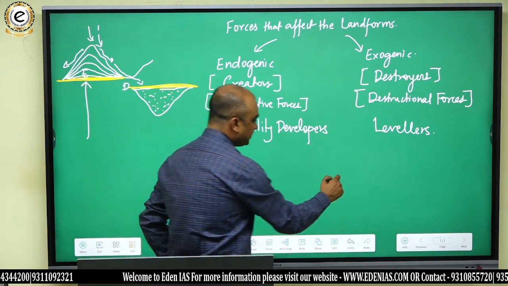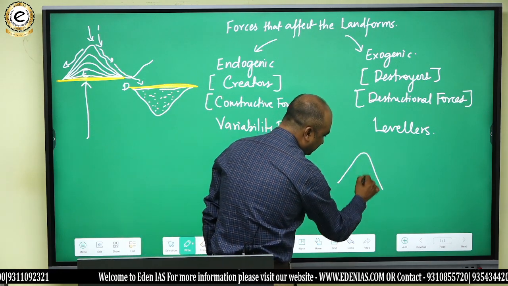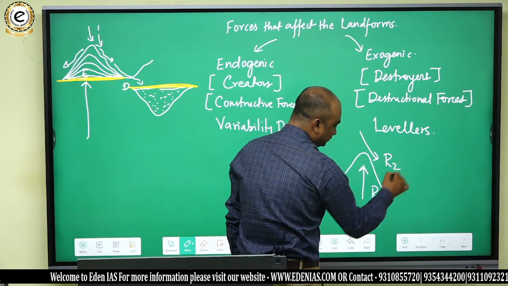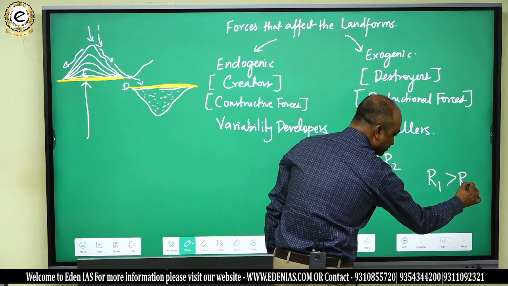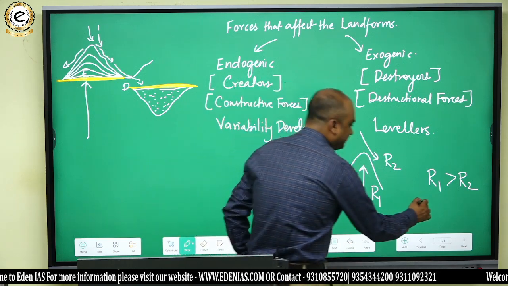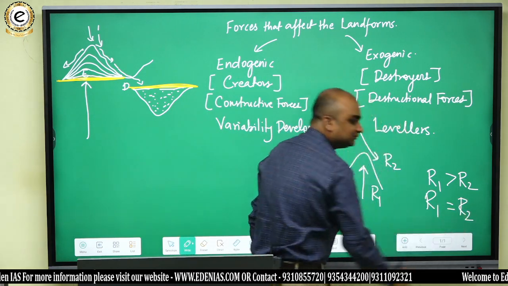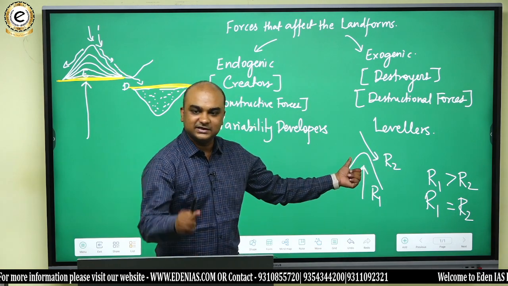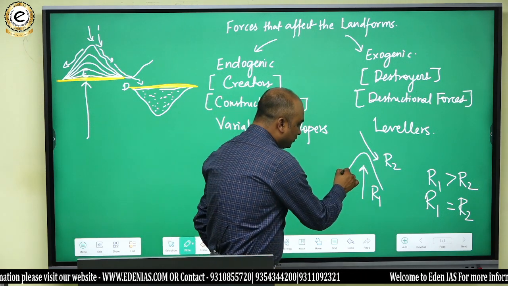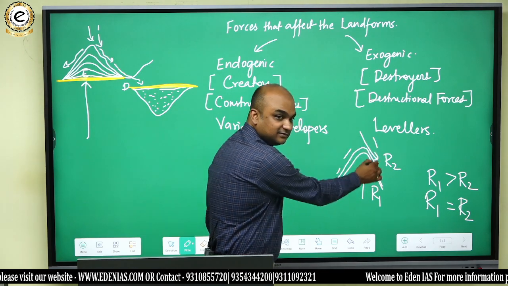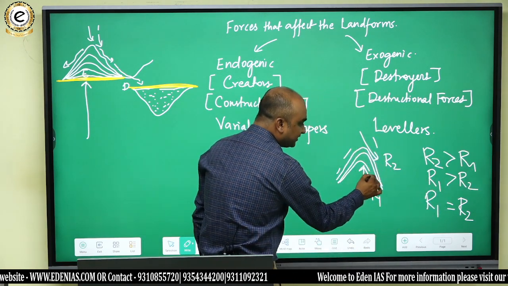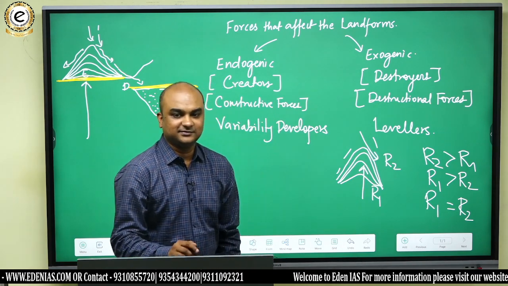Like say for example, think of this. Suppose the rate of upliftment is R1 and the rate of downcutting is R2. If R1 is more than R2, then the result would be some variability. If R1 is equal to R2, then this landform will not change its height ever. जो height है वही रहेगा. लेकिन अगर R1 R2 से ज्यादा है तो हम बोल सकते हैं धीरे धीरे इसकी हाइट बढ़ती रहेगी. Do you get it? If R2 is greater than R1, धीरे धीरे इसकी हाइट घटती रहेगी. नेचर ऐसे काम करता है.